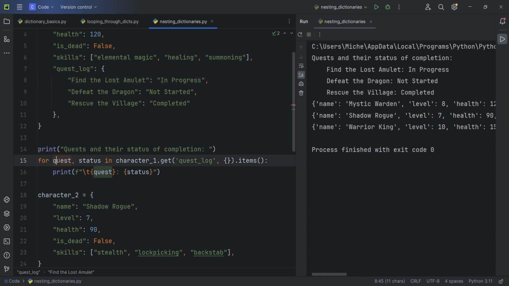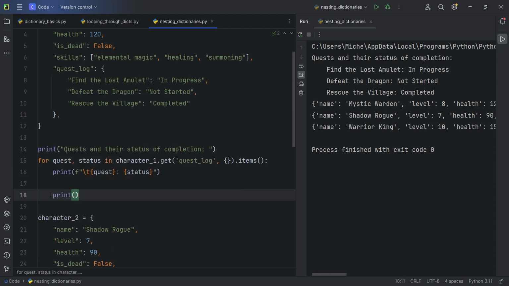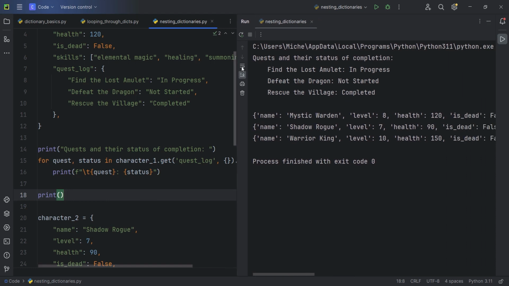So we put the key, which is the quest, into the quest variable, the status, which is in progress, not started, completed, right here, and then we printed them out right here at the top. Let me just add a print to separate these. Right click and run, and okay, there we go. So the quests and their status of completion: find the lost amulet, it's in progress, defeat the dragon, not started,